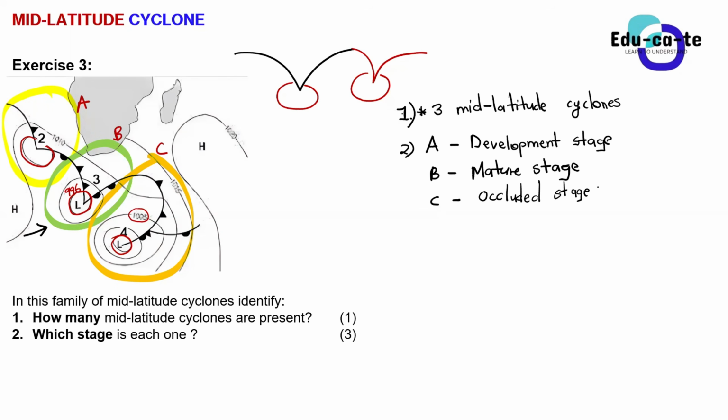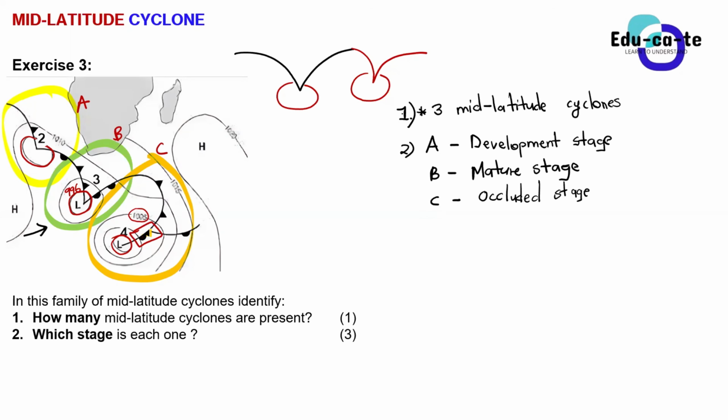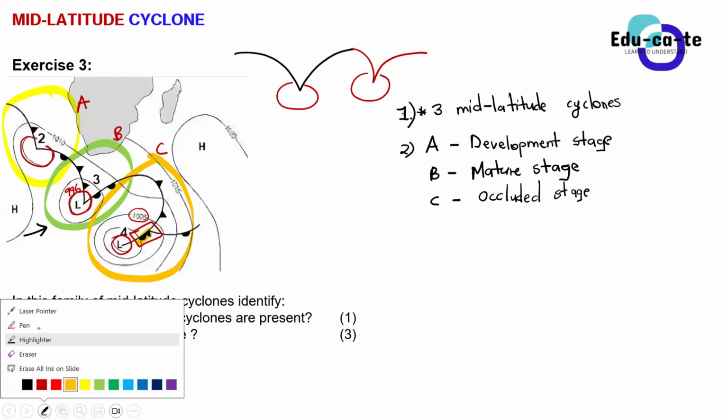Sir, the warm front is slowly joining in with the cold front. That's why the overlap, yes. So here, this overlap that you can see, you can see that the warm front and the cold front are kind of overlapping with each other. So it tells you that now this is an occluded stretch, or it's an occlusion.